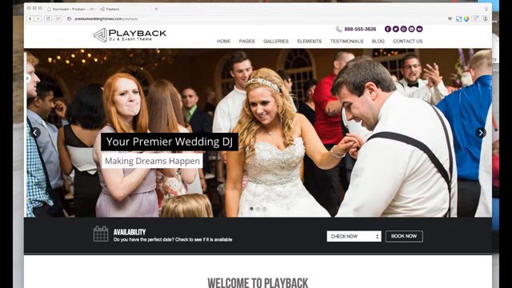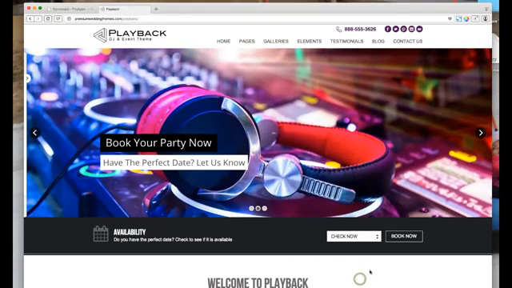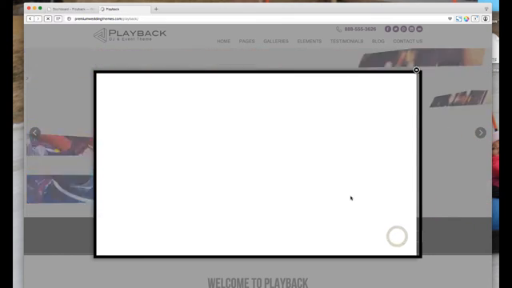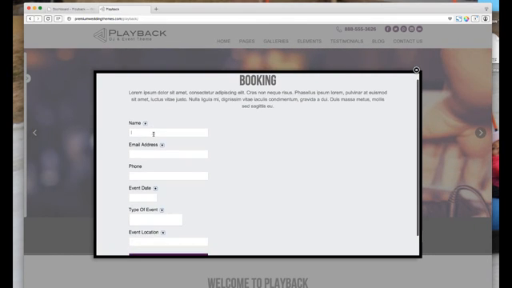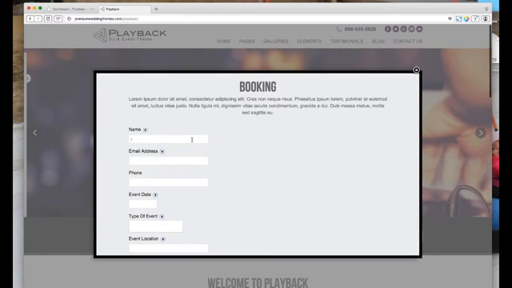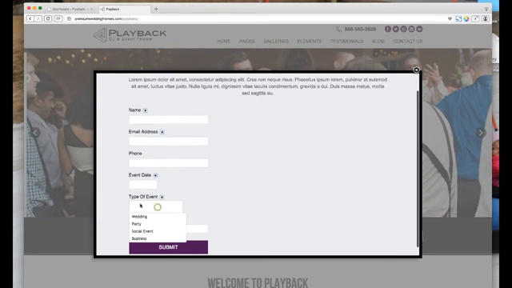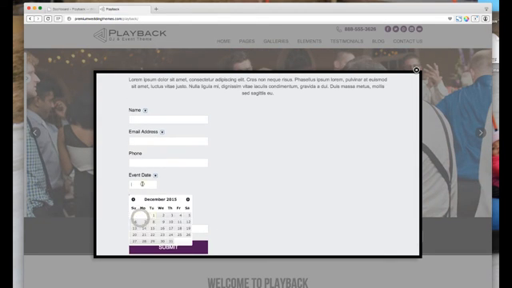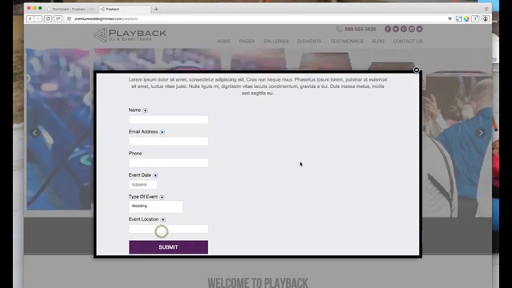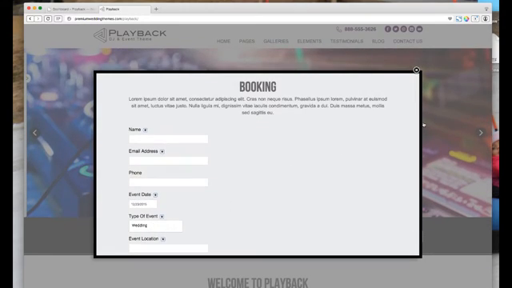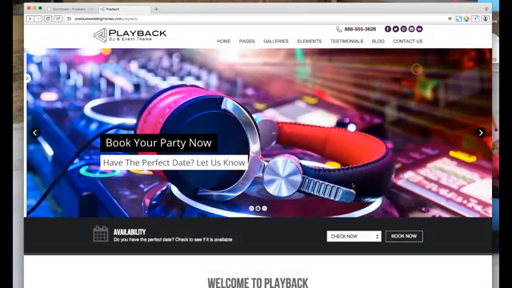So let's get started. Right now I'm on the home page of the demo, and if I click Book Now, I get a pop-up box and then I get a form that's in there. And then what we can do is set up or try to schedule an event with a specific date. Okay, this is the default booking system that comes with the theme, and that's what we're going to go over